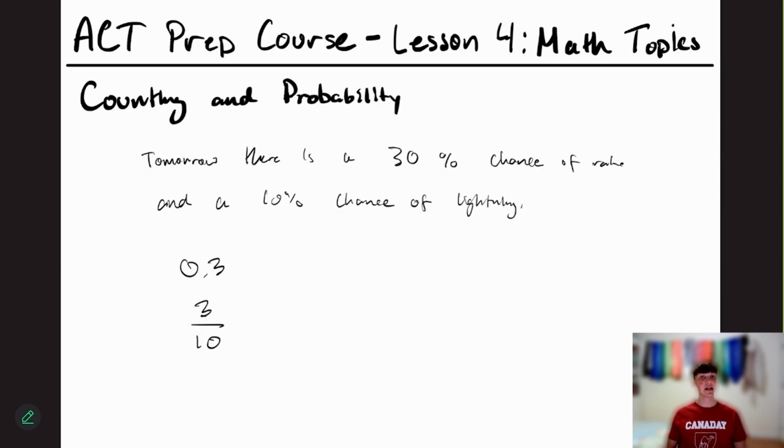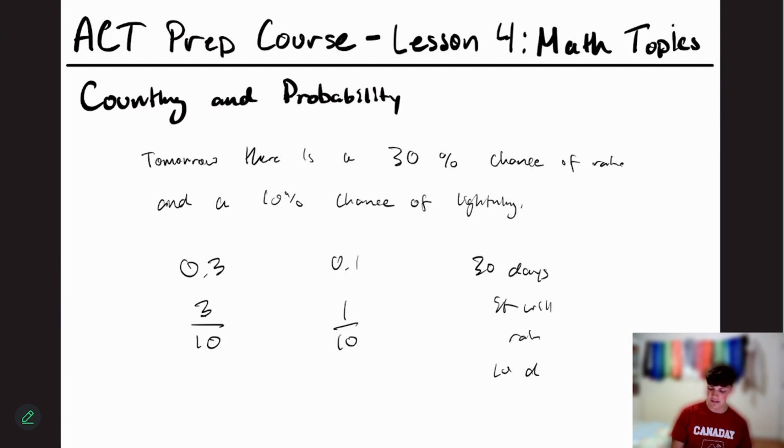What are the odds that there's lightning? What is the chance that there's lightning? Well, there's 0.1, or 1 in 10. Okay, so let's say we took 100 days. Basically, what's happening is 30 of those days it will rain, and 10 of those days